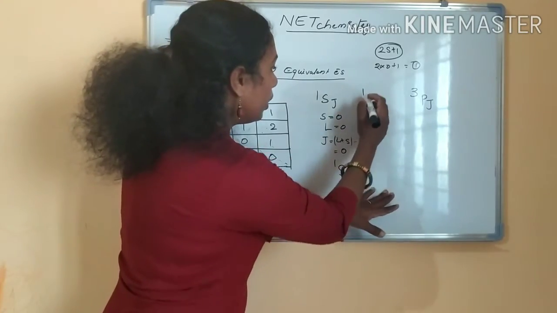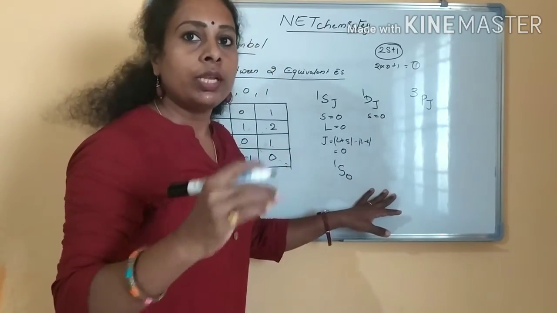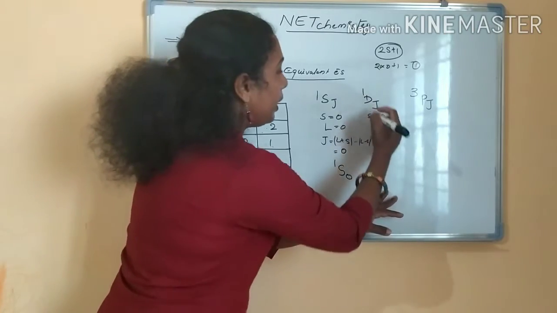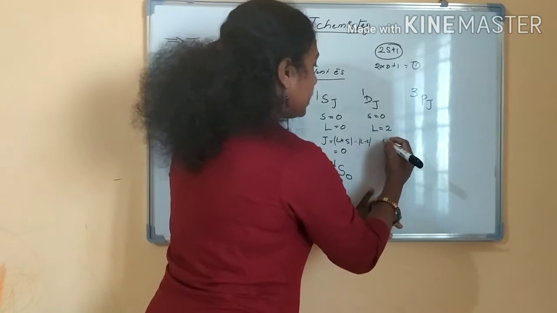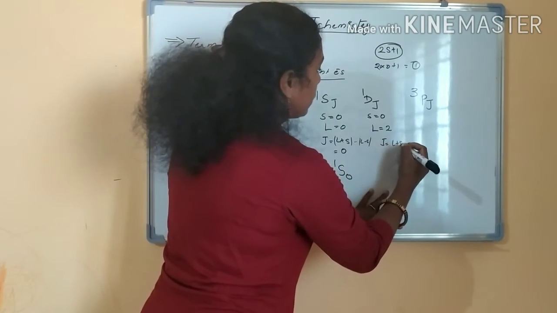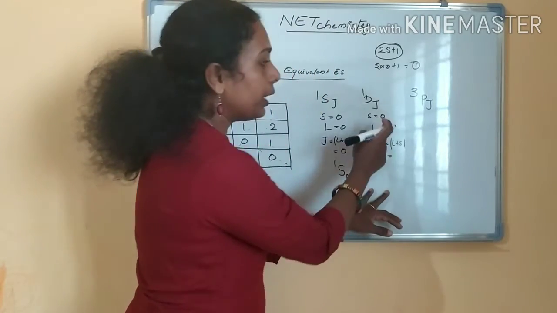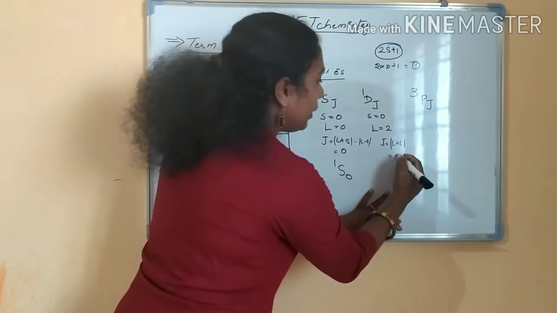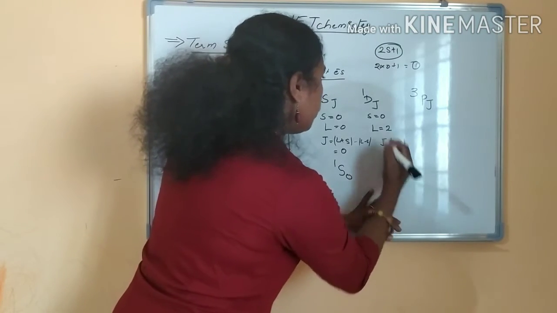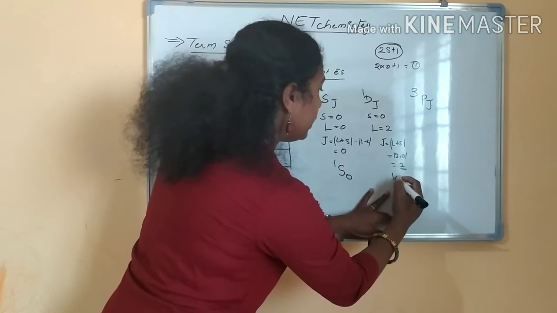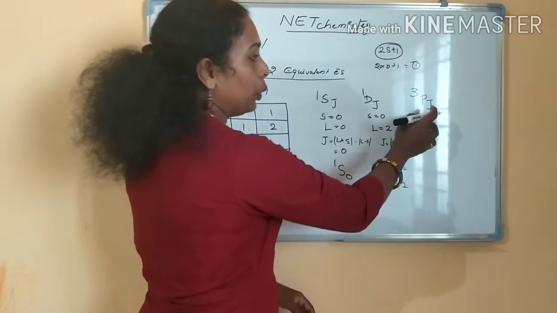Same way we will calculate for 1D. If you are taking S equal to what? The same. Singlet state means S equal to 0. Spin will be cancelling each other. And L value, what is the capital L value? You know, it is 2. So J is equal to L plus S to L minus S, you have to calculate. So J value, what will you be getting? 2 plus 0, you will be getting 2. So what is this term symbol? 1D2, right?